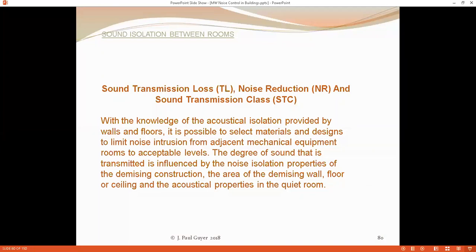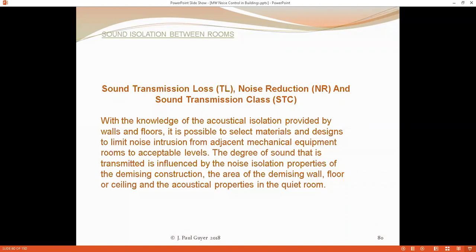That construction has been determined to have a certain sound transmission class rating, a single number. And how are these single numbers determined? They're determined by test,